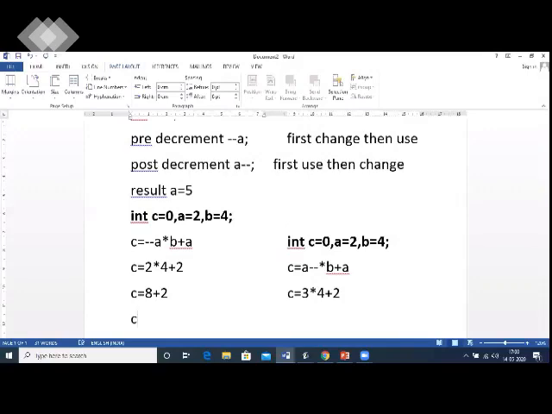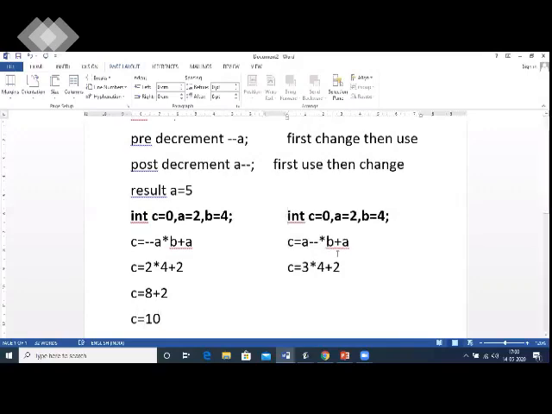That will give me the result 10. Whereas in post-decrement, we get C equals 12 plus 2, giving me the result 14.